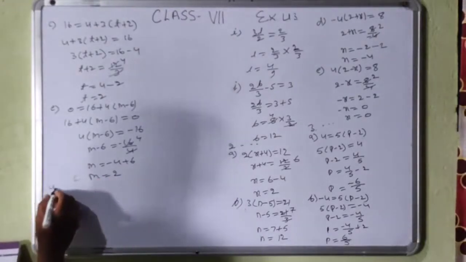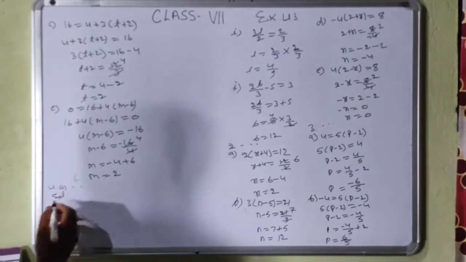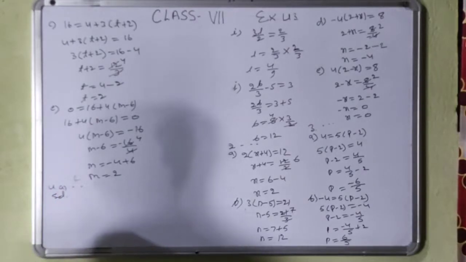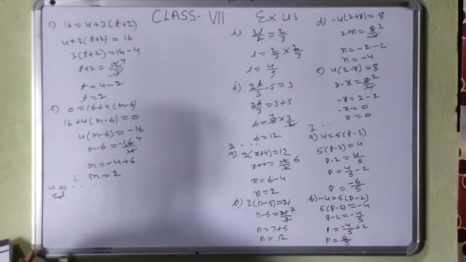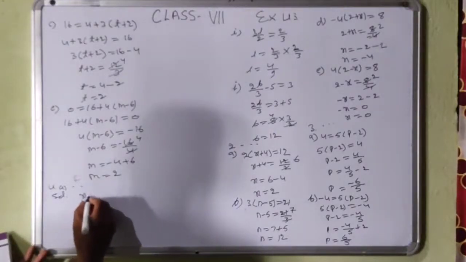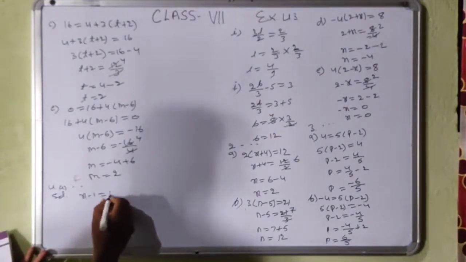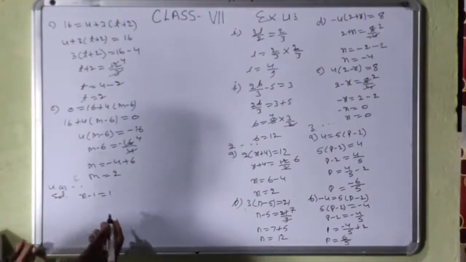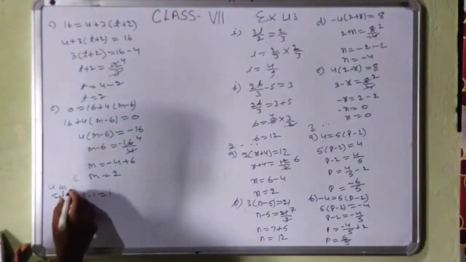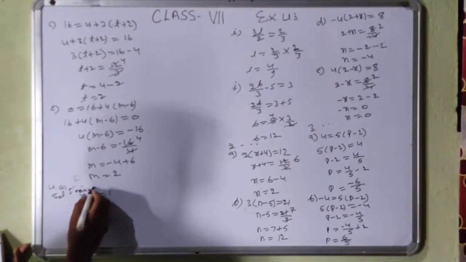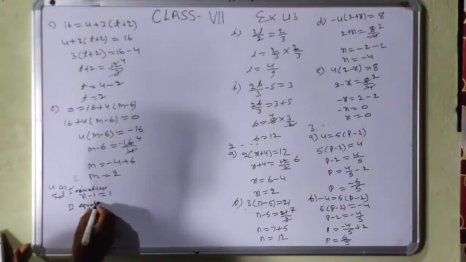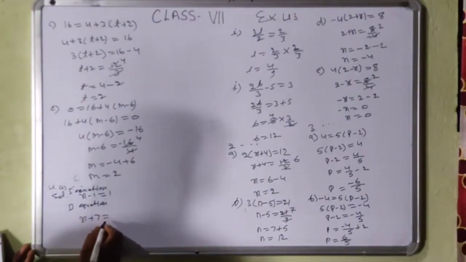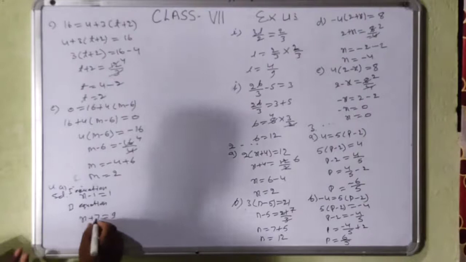And then fourth, A part. Construct 3 equations starting with x is equal to 2, so that the answer will come x is equal to 2. So you can write like this, x minus 1 is equal to 1. So x is equal to 2 will become, that is the first equation. Second equation. So here you can write x plus 7 is equal to 9. So 9 less 7 is 2.